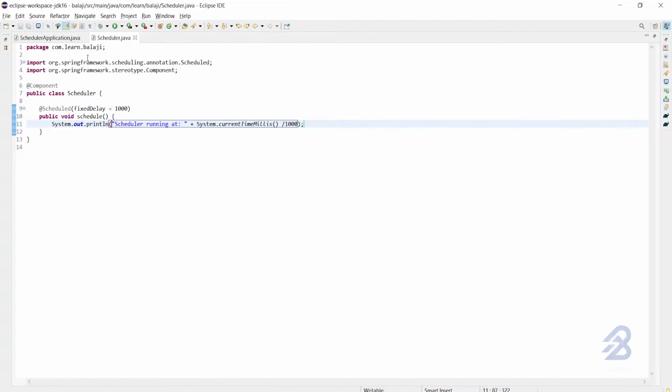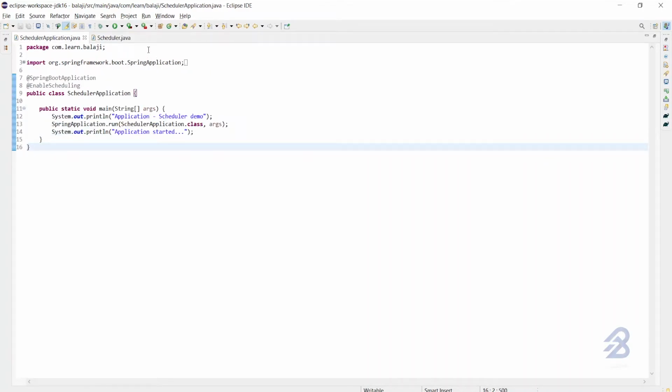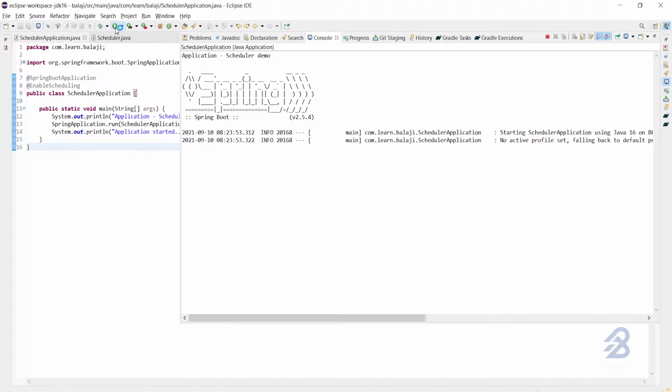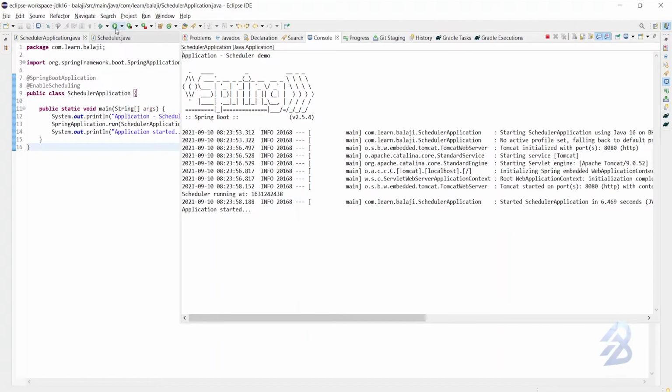So as per this method, every second the statement will get printed. Let's run this application and watch.